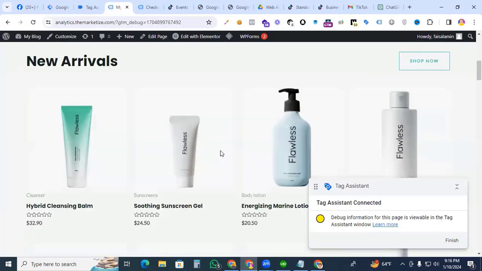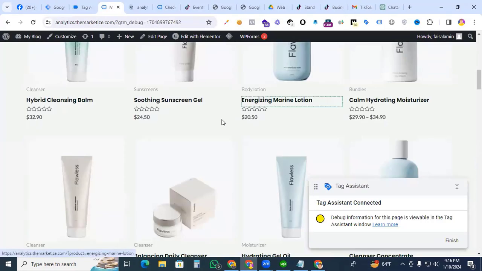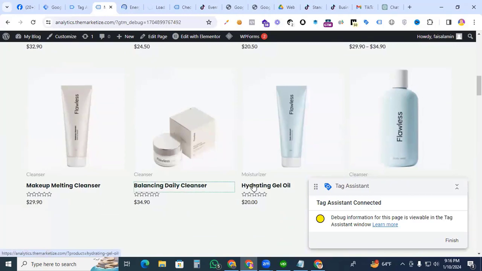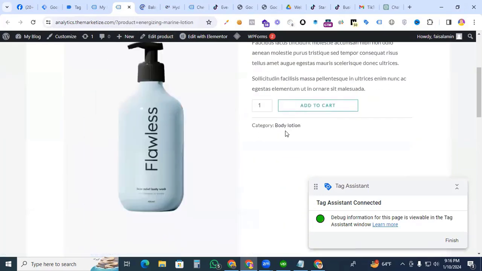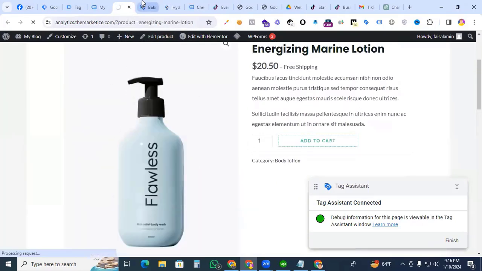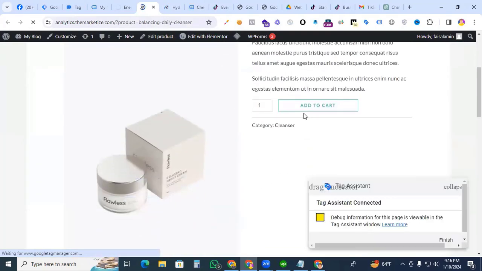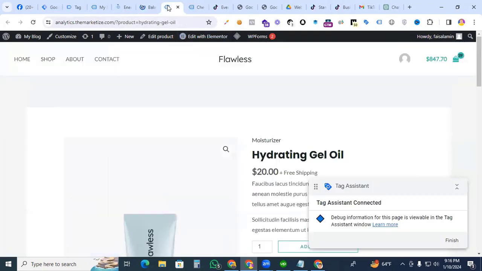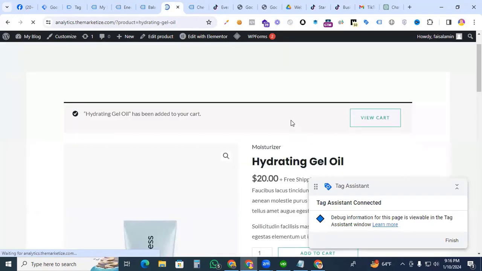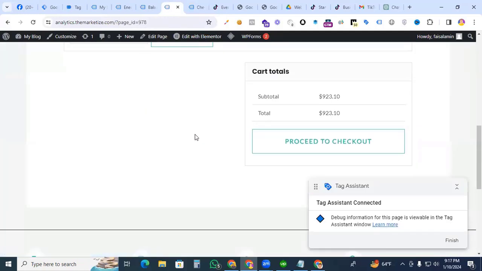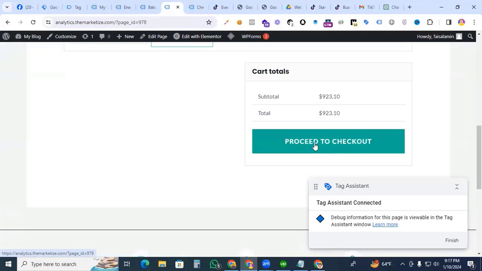go to the site. We are opening the multiple product page and checking whether our begin checkout event is working perfectly or not. This product, we add to cart, and the second one, we also click the add to cart button, and the third one we also click the add to cart button. Then go to the view cart. Then our desired event is checkout. So finally click the checkout button. Click it